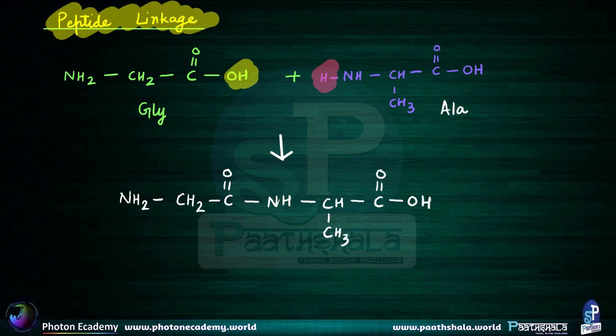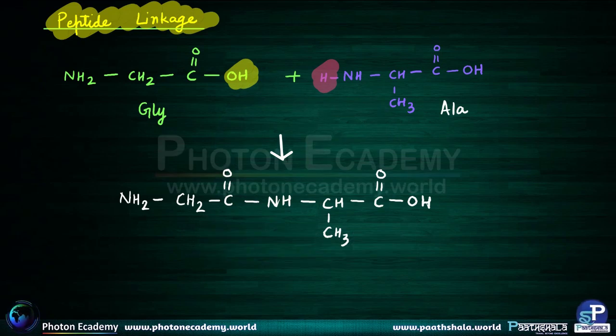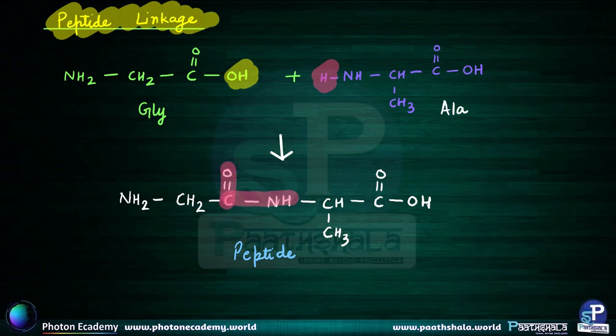Now this over here, we call this a peptide, and this particular bond is called the secondary amide linkage. Now which is the secondary amide linkage? This particular linkage is called a secondary amide linkage. Now this is known as a dipeptide. This is called a dipeptide,